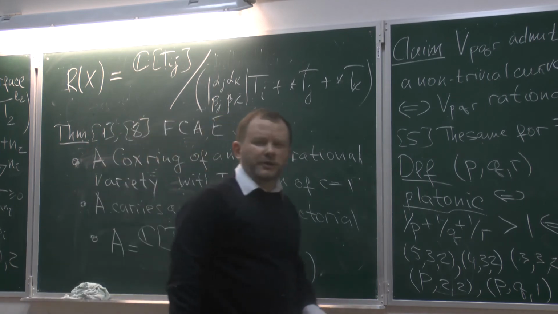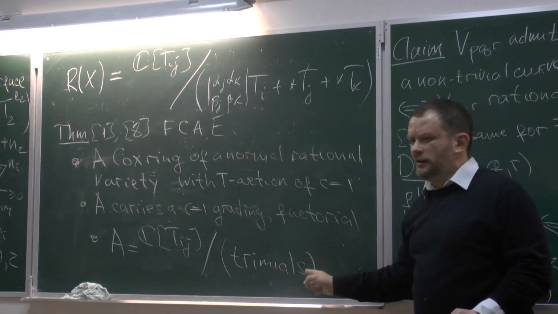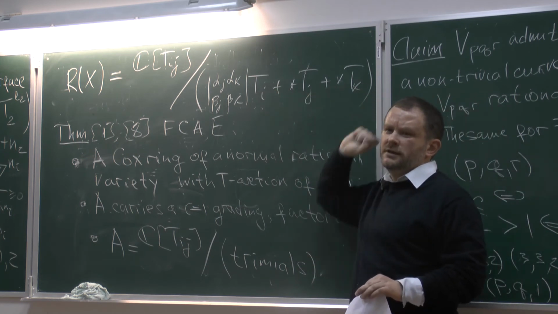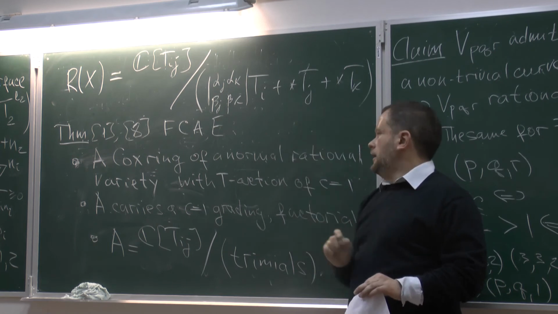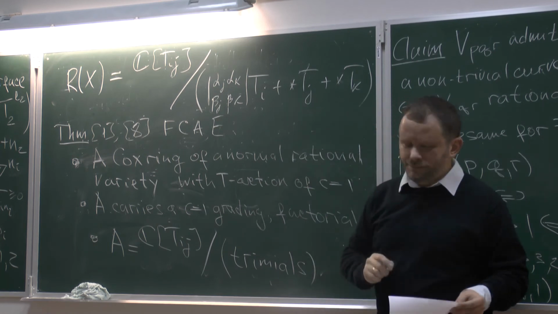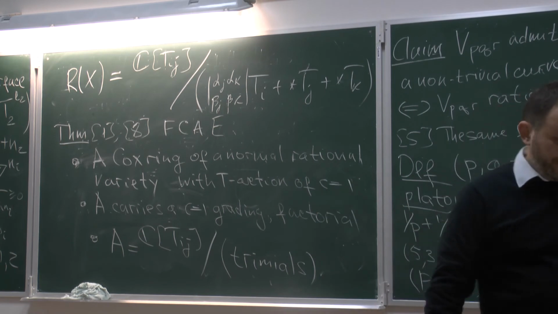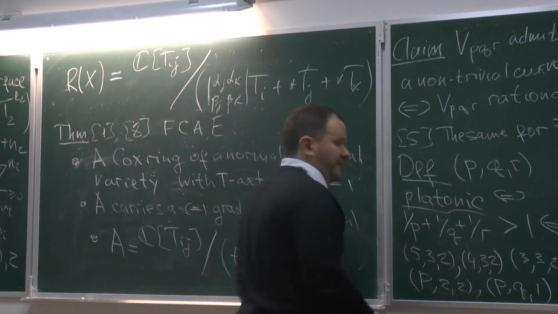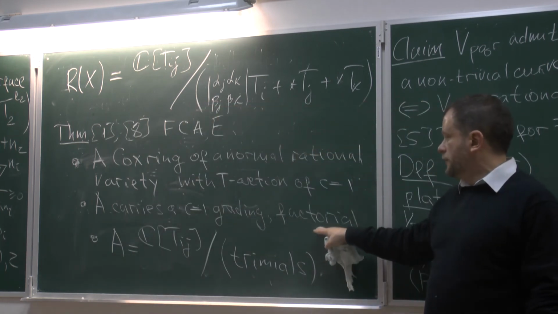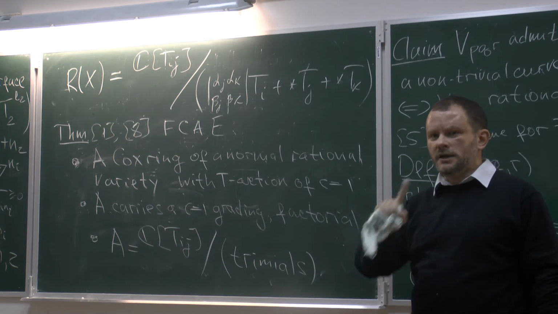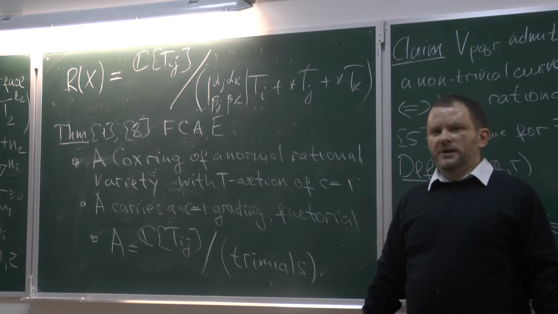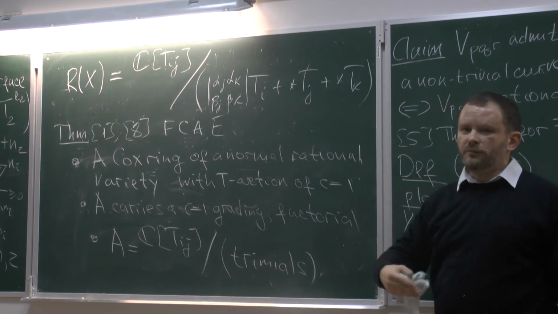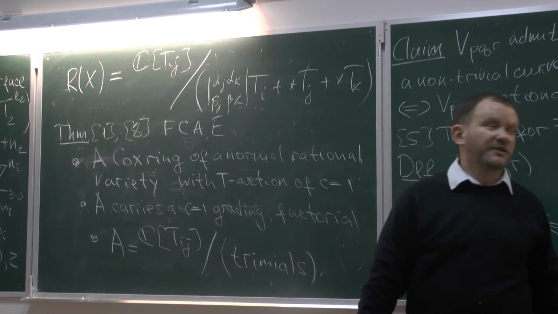Certainly I should be more careful in defining what trinomials are in general. I will not write it explicitly, but the idea is that we have two trinomials, and all others depend on other variables and are linear combinations of these two. So this relates trinomials and actions of complexity 1, because it's known that if you know a Cox ring of your variety, you can reconstruct your variety as a categorical quotient of some open subset of this variety. So if you consider an affine variety coming from a trinomial, you can in some sense produce all T-varieties of complexity 1.